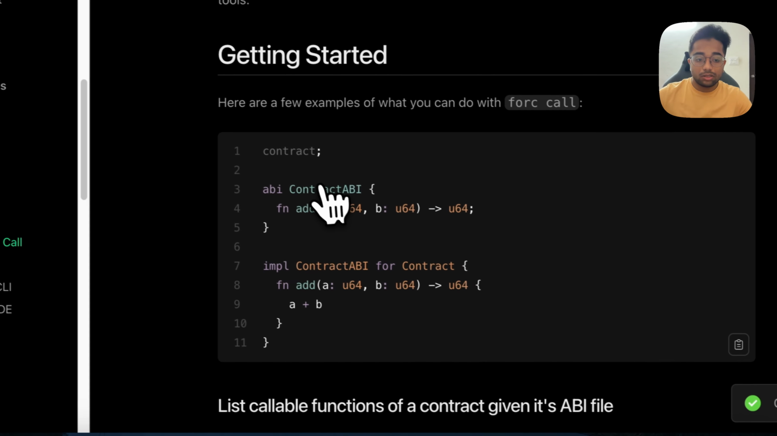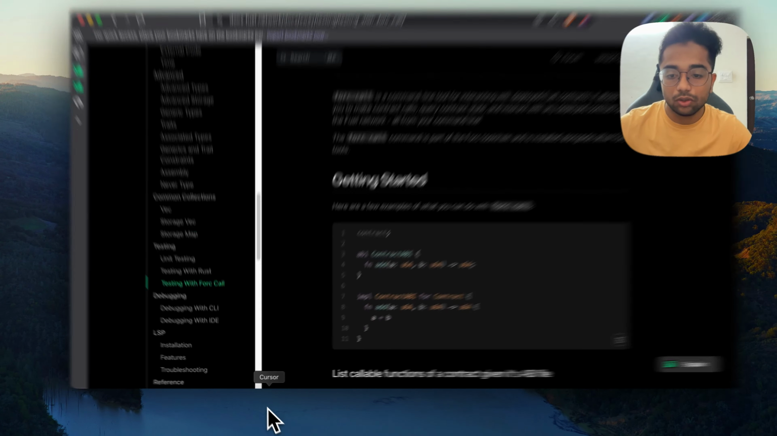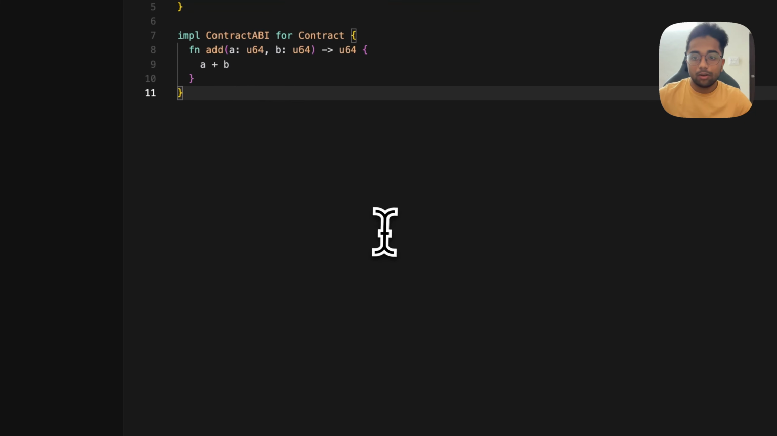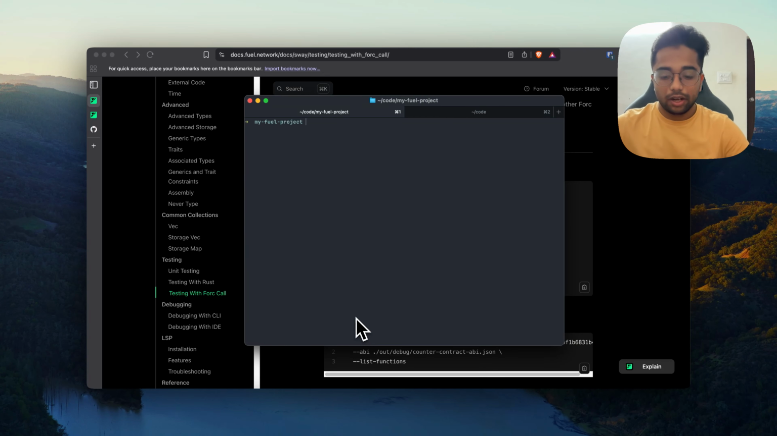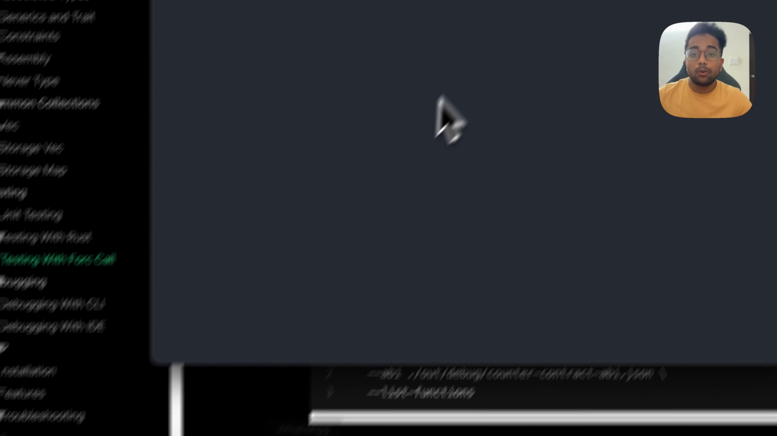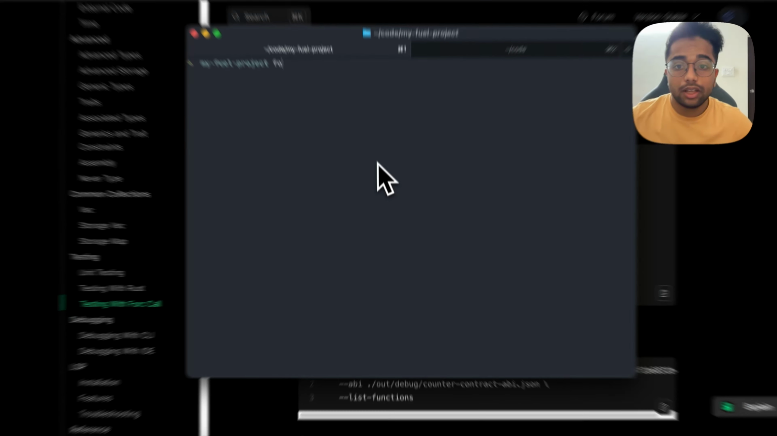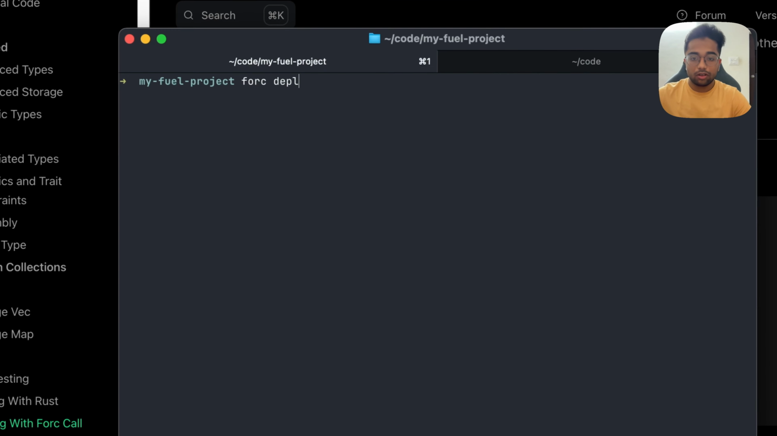Now we have a simple smart contract that adds two values and returns the added value. So let's quickly update our smart contract with that, and I guess that's all. By the way, in order to interact with the contract using forc call, you will need to deploy it to the network of your choice. So for that, I will be deploying it to testnet. You can even deploy it to a local node if you want. So for deploy, testnet,